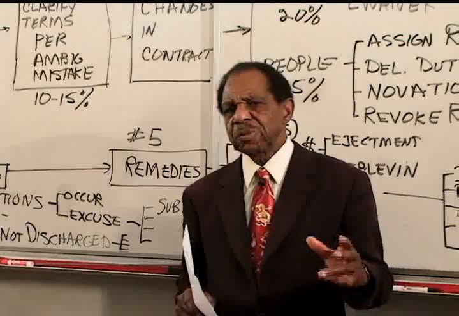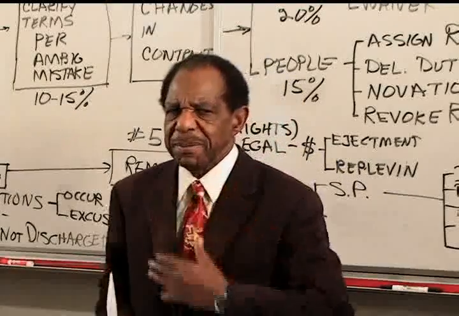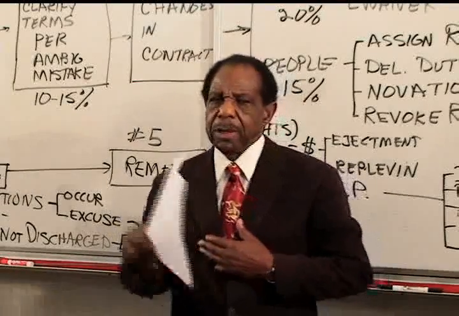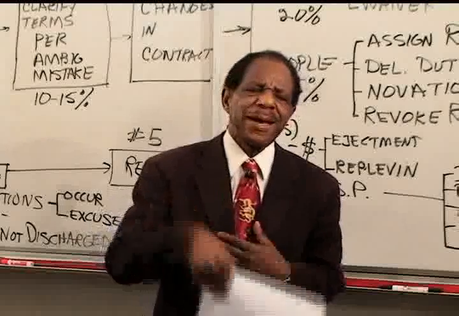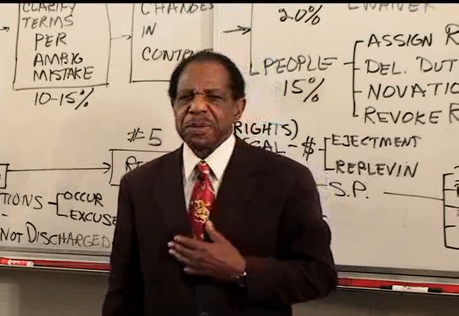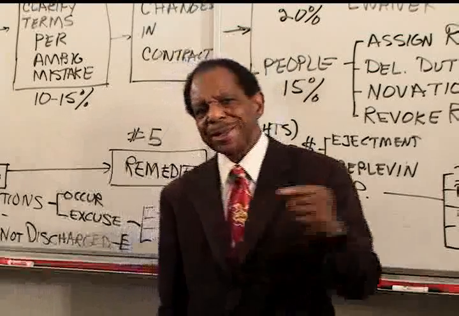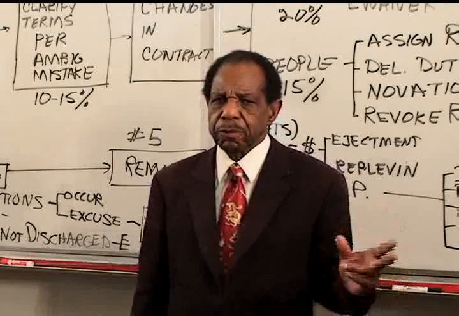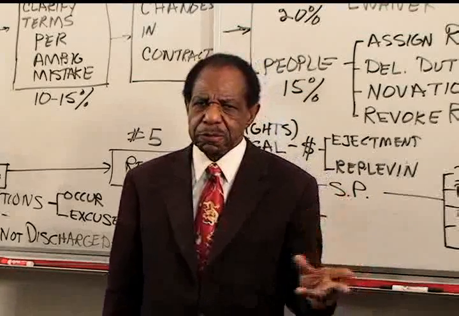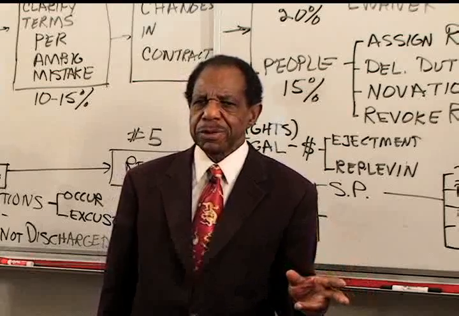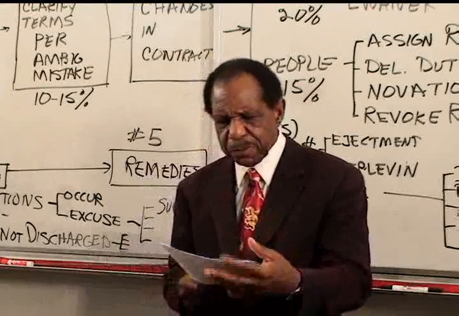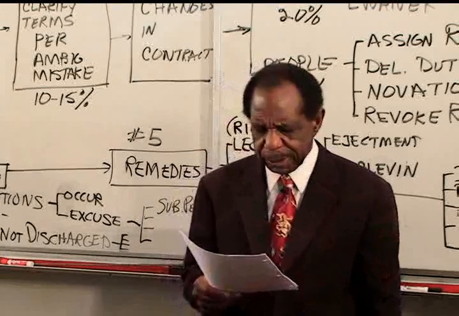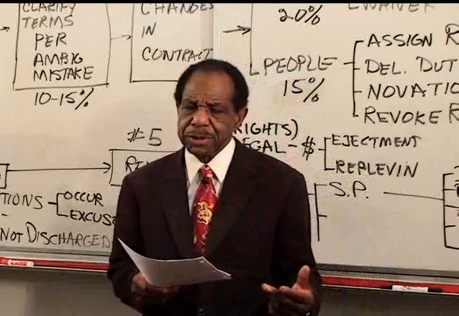In the case where two parties are merchants, you're a merchant, I'm a merchant, that means, now by the way, when this comes up, every time this has come up on the bar, there's been an issue as to whether or not these two people really are merchants, okay? And so you need to know the rule, 2-104, that deals with whether or not someone really is a merchant or not. But assuming these two people are both merchants, and we'll prove that later, then